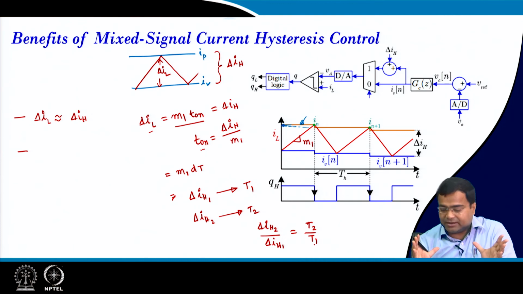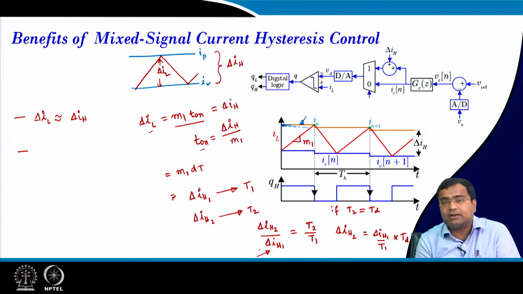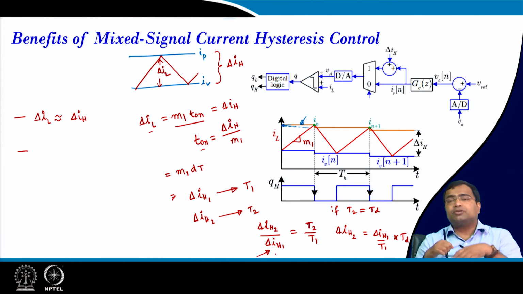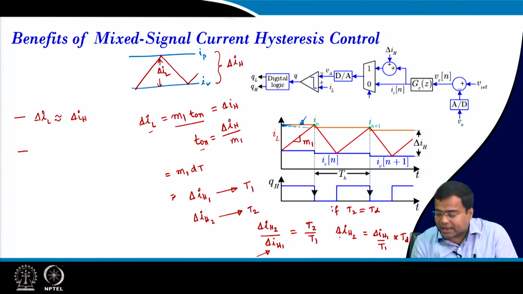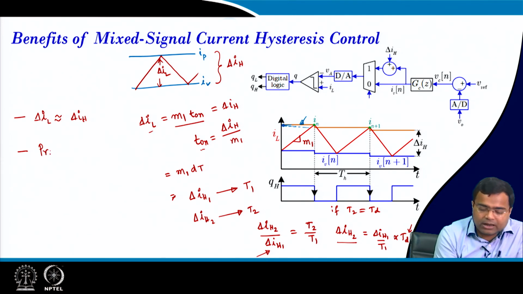T2 is my desired time period. So, if I set T2 to be my desired time period, then I have to find out for what delta IH2 I get it: delta IH1 by T1 into T2. For any arbitrary choice of delta IH1, you will get a T1 value that you can measure using a time to digital converter, and delta IH1 you are only setting from the digital controller. Then I just have to compute, mathematically, what my delta IH2 will be for my desired time period. So, in 1 or 2 iterations you can actually fix it. So, you can achieve programmable switching frequency,